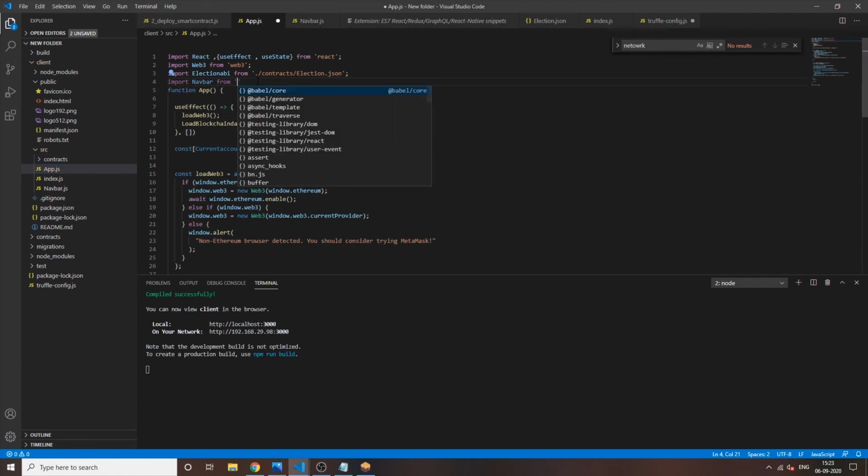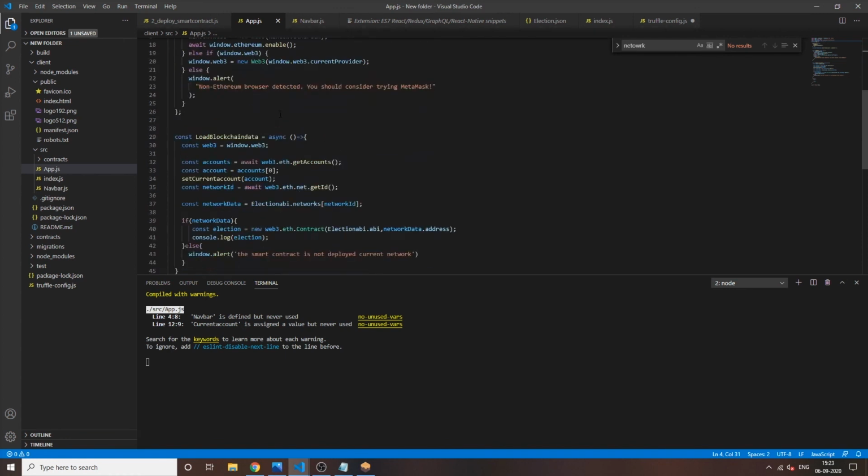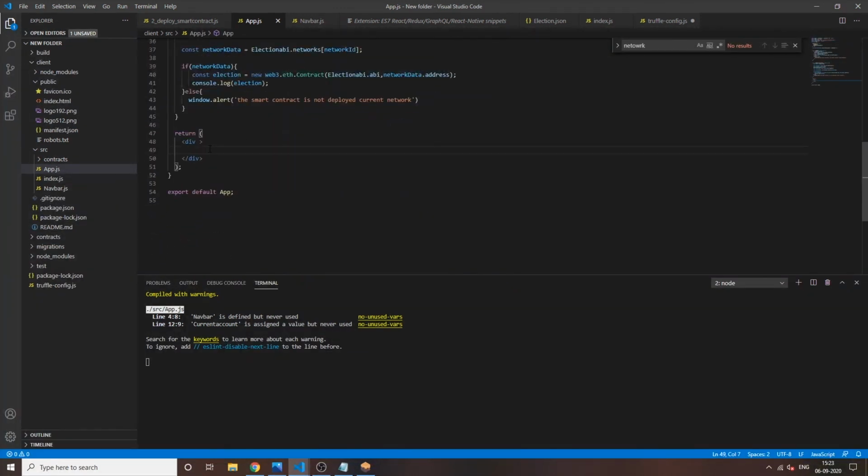Name it navbar from ./navbar.js, and use the navbar component here.